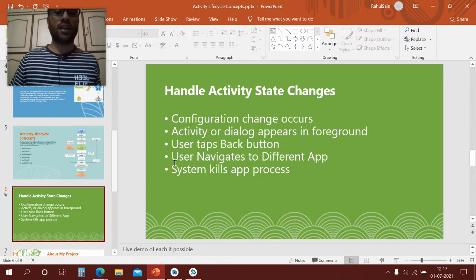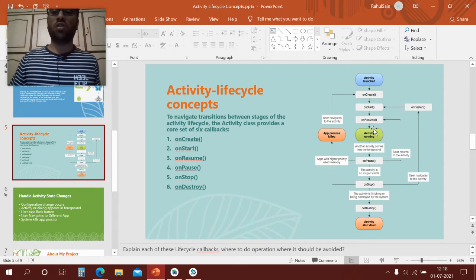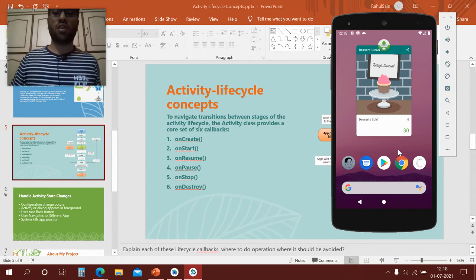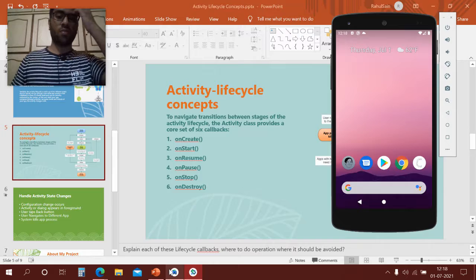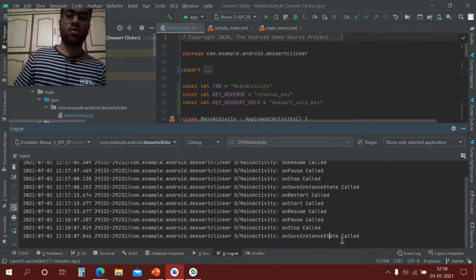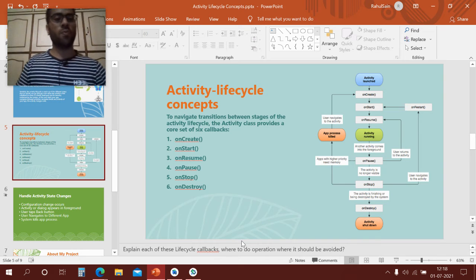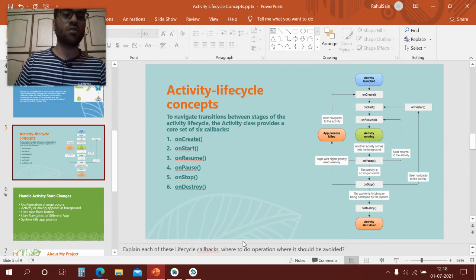And the last thing is the system kills the app process. So if we are in the background, so we are here on onStop. If we just go to home, if we are on onStop, and we are also saving the instance. So we are on onStop right now, and we are using some different activity, let's say YouTube, and it needs some more memory.